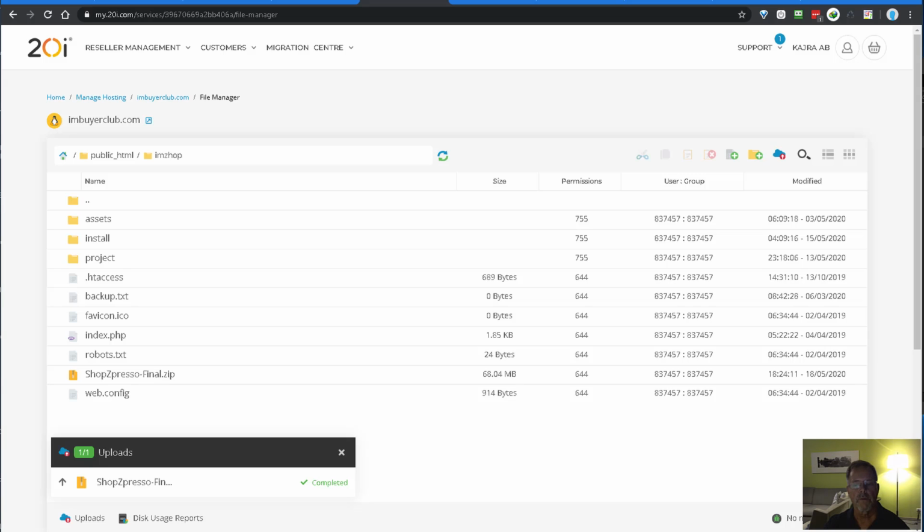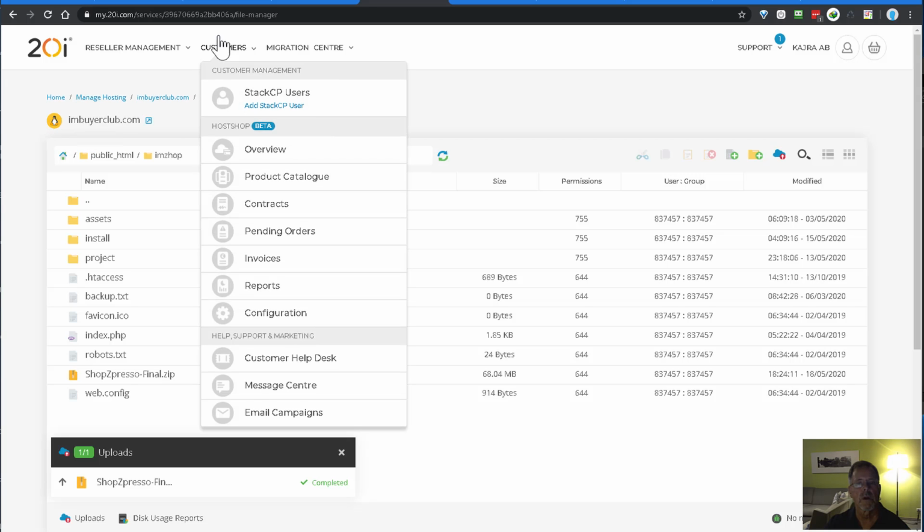Hello again. So this is a video where we go inside the administration area of the hosting which you have access to, and we are looking at the host of what we call Linux Unlimited, and we look at the domain which is IMBuyersClub. And what I have done here so far, what we are going to do is to install the Shopzpresso script on a subdomain to IMBuyersClub, and for that